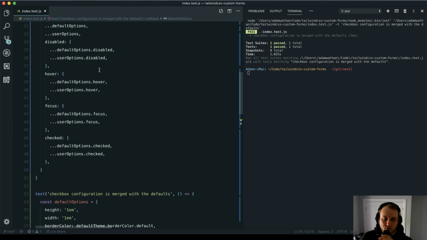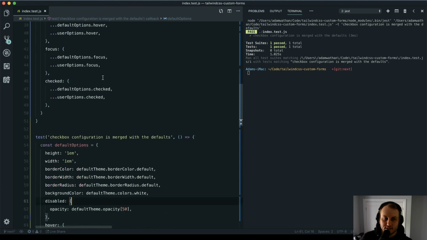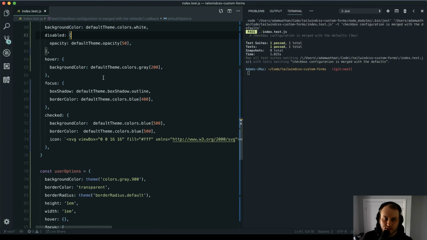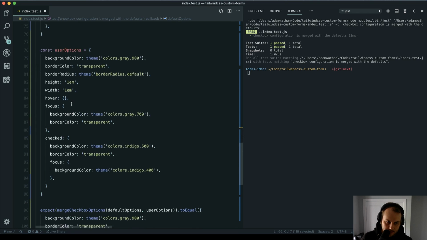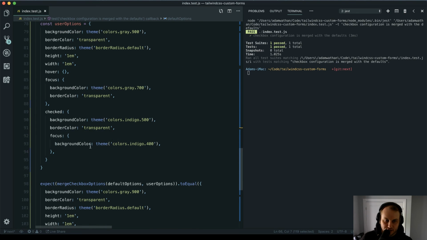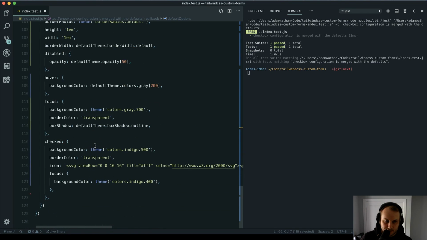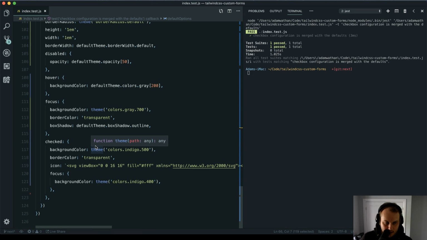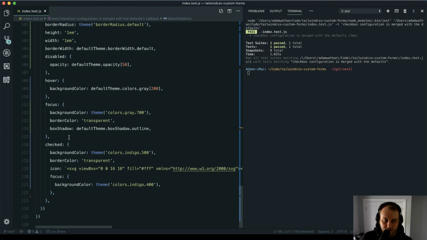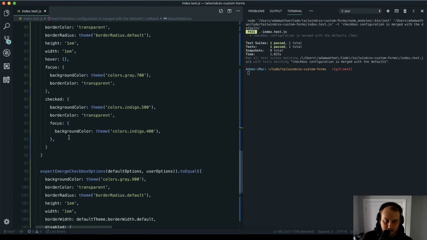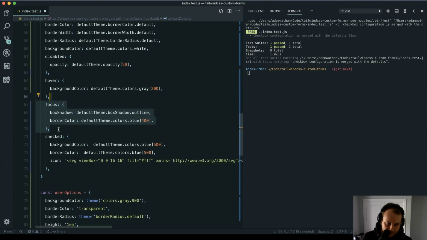So maybe a more interesting place to test this is the focus state for checked. So say for the user options, we want it to say, oh, we actually do have a focus state for checked. Are we testing that? Okay, we are testing that, which is fine, but we're not merging it in. Okay, so this is the situation where basically we would want to have,